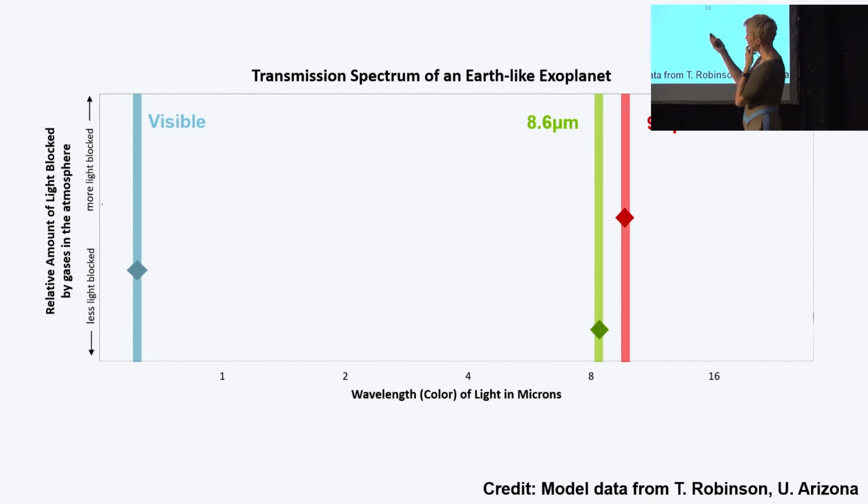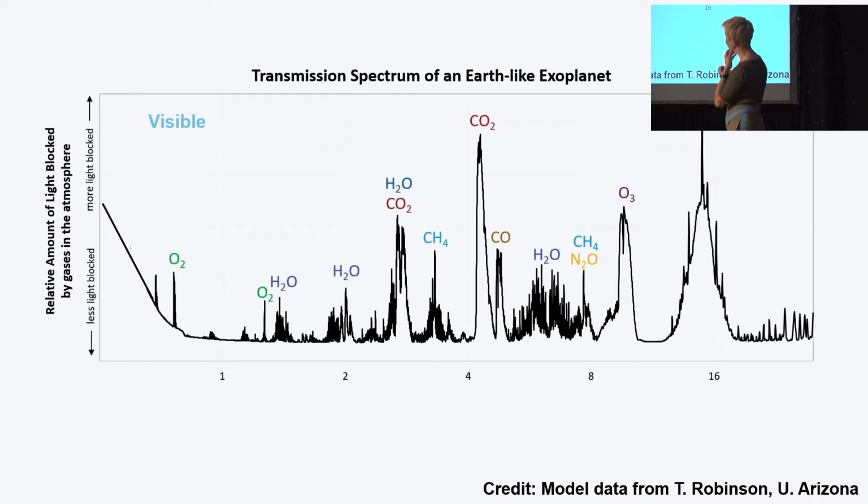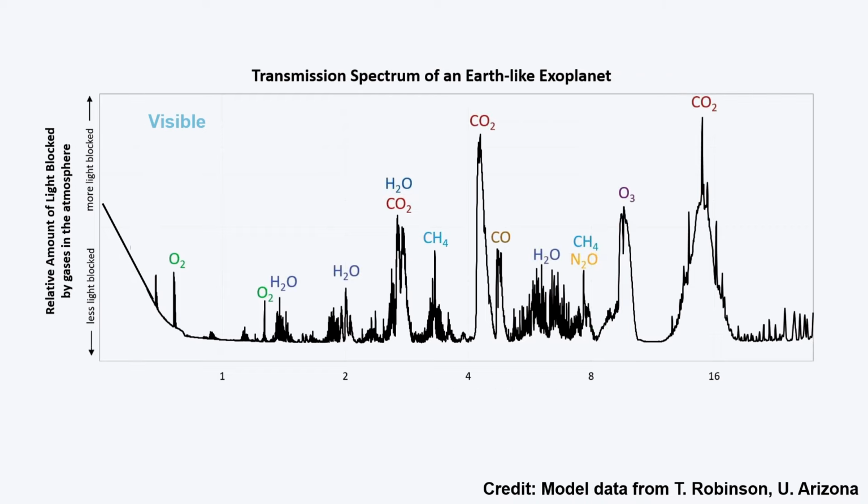So even if one only had these 3 measurements, one could start to make inferences then about what the atmosphere must be constituted of in order to have these particular properties associated with absorption. So this is the actual real model transmission spectrum of Earth. This is data generated from Ty Robinson at the University of Arizona. So you can see the reason why Earth's atmosphere looks so much bigger at 9.6 microns is because of ozone